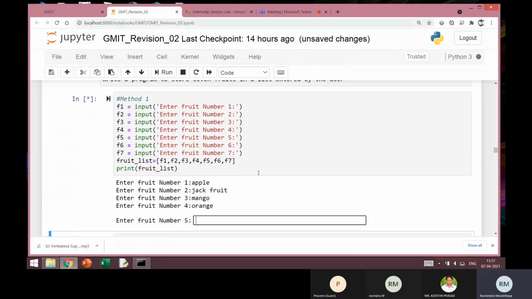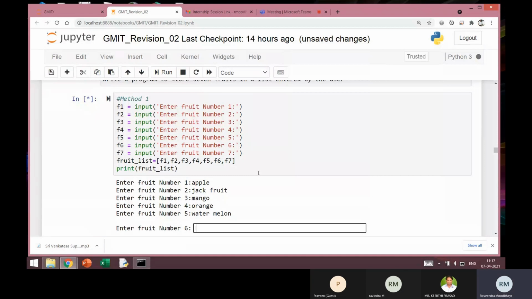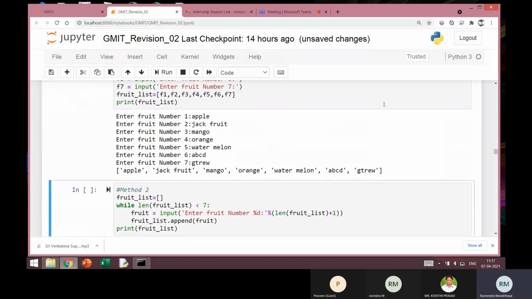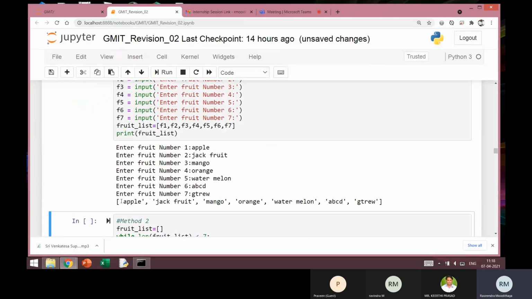It's executed 4 times. I'm running out of fruits. Okay, jackfruit, mango, orange, watermelon. Okay, I'll just put some ABCD here. Okay. So after executing the 7th statement, it has come out with the list of all the values that you have typed in.